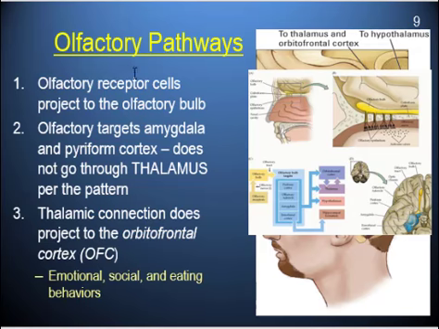But again, the olfactory receptor cells project to the olfactory bulb. Sometimes these olfactory receptor cells are called hair cells. I just always am careful when I say that because people think, oh, I got hair in my nose. Those are the receptors. No, that's not it. Those are legit just hair in your nose.